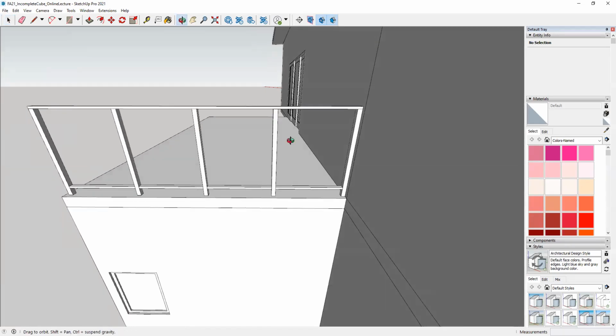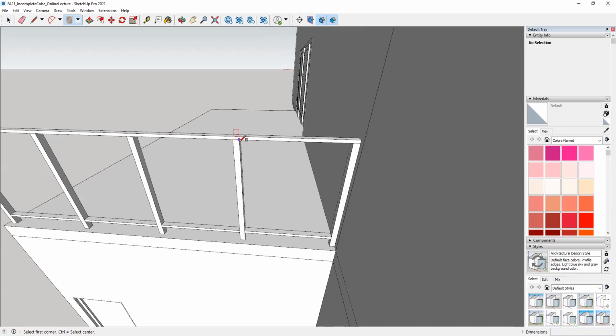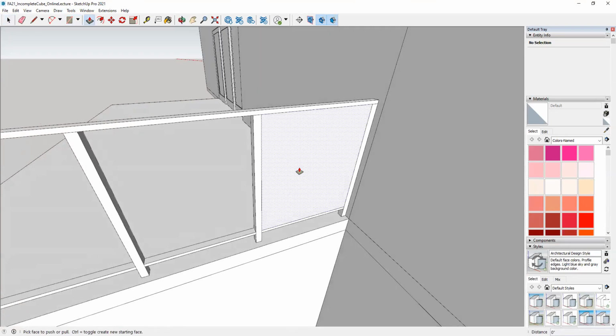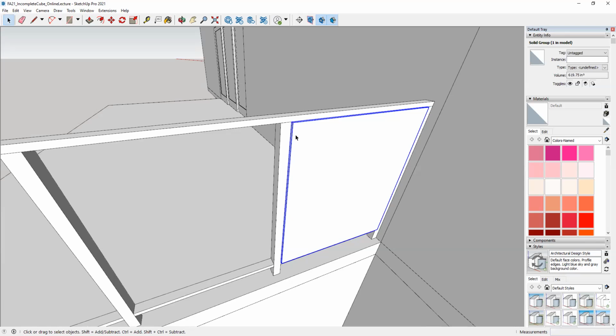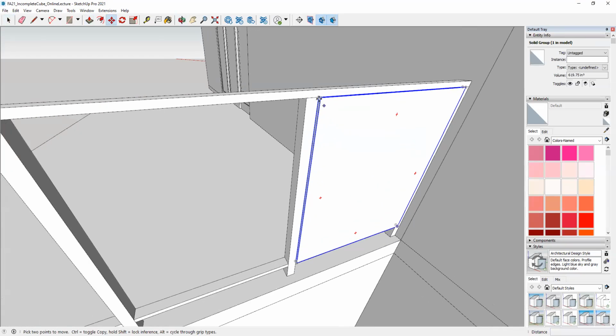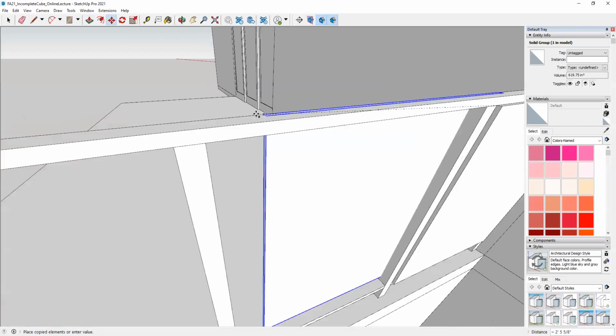Once we have this, it's pretty much a matter of creating the glass panels, pulling this out, say 1/2 inch, and making this a group. Okay. Now, in case you've been wondering, why did I make these individually as opposed to copying them over? I'm going to show you guys why. If I copy this over here,